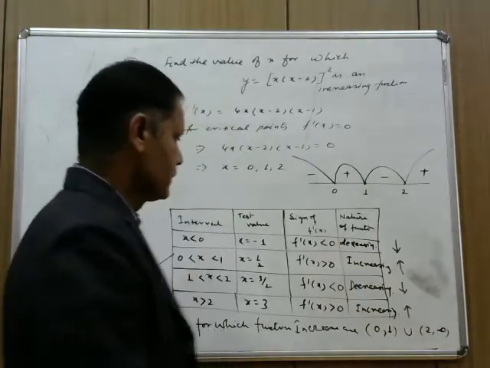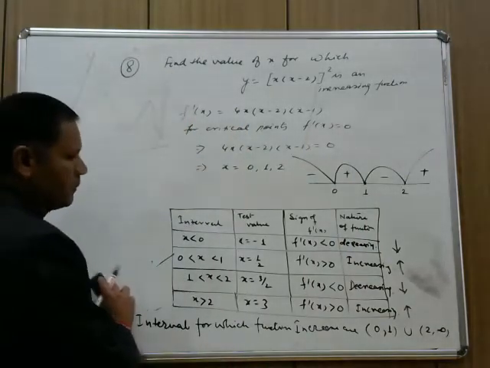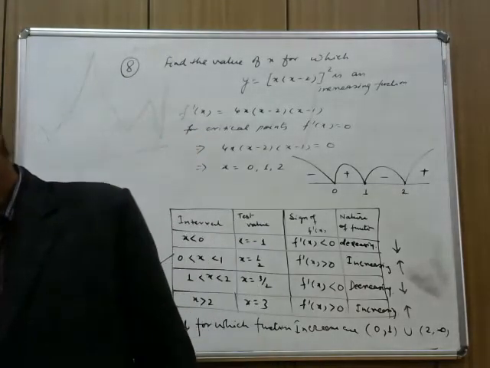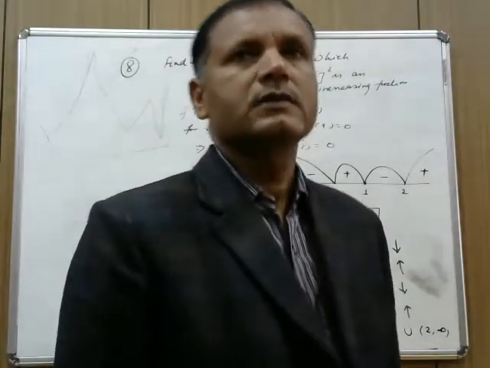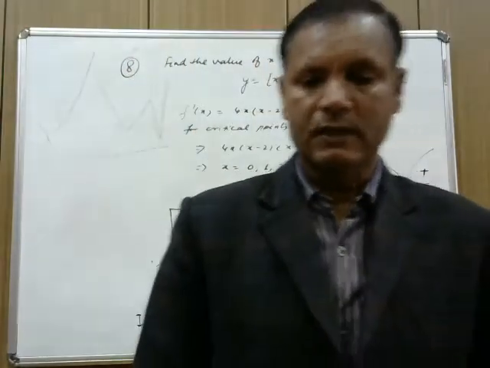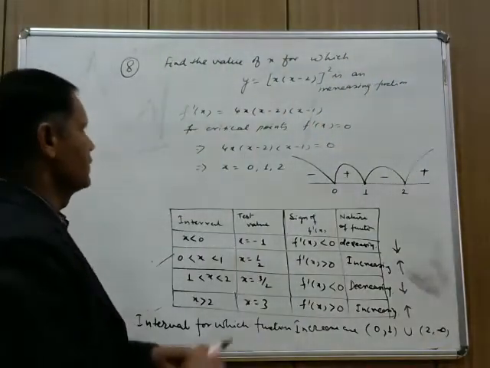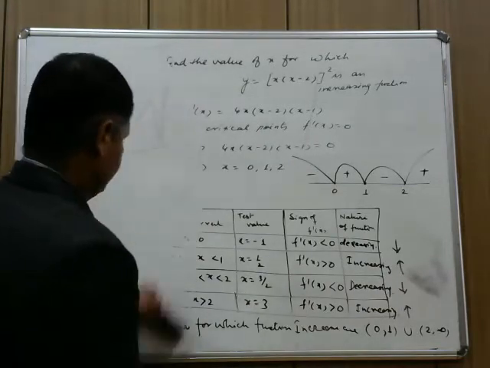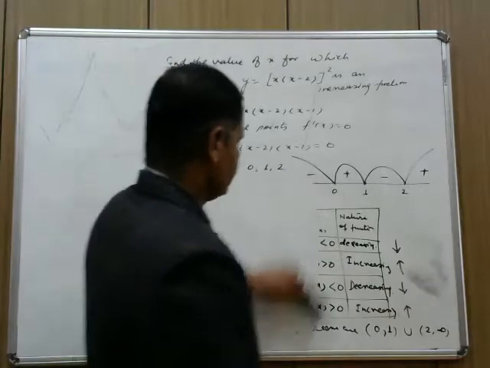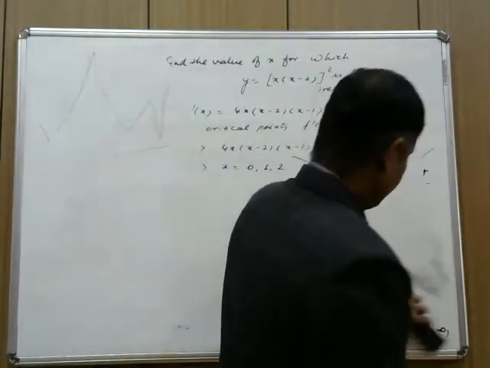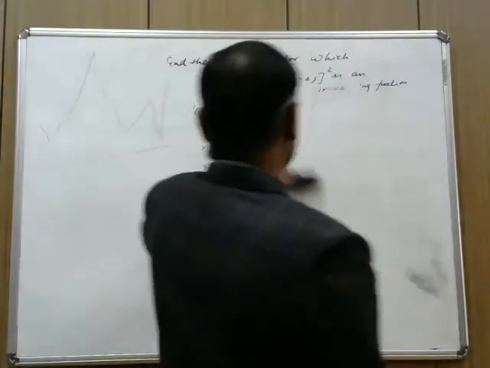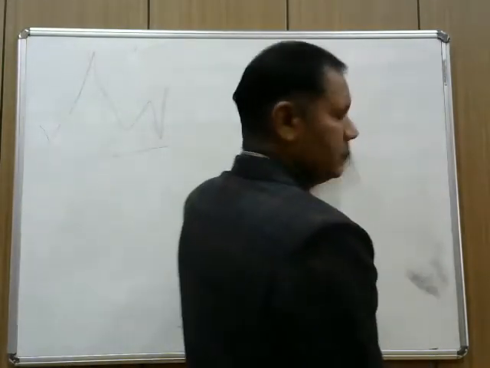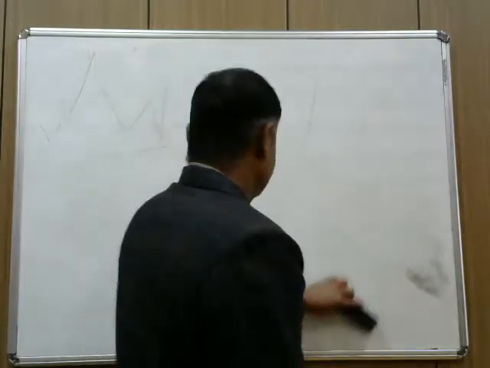Now, the question number 9. That question number 9 of your book is a very important question, and this question has been asked many times in the examination, in the board examination. And that's why I will be doing question number 9 now. It is up to you whether you make a table or you make the number line. Using that you can get the answer.